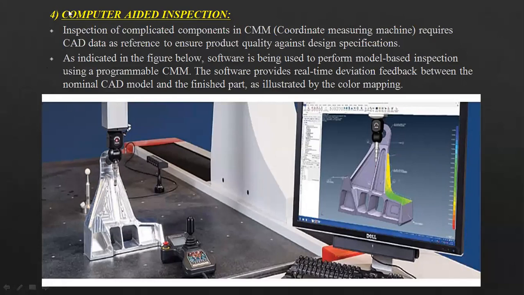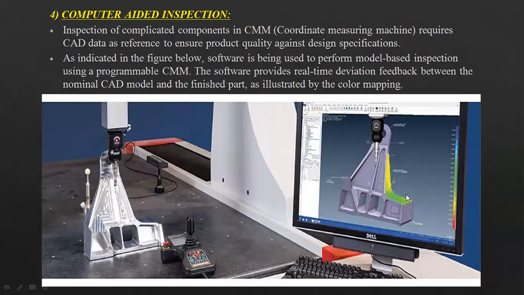Right now, because it was very obvious, that is why I asked you, because we are doing computer aided inspection, and the probe is measuring there. This measurement data is sent to the computer, and those color bands are drawn. So basically, this indicates the deviation from the CAD model. How much is it deviating? For example, you have to have this coordinate at maybe 2, 3, 4, but you have it at 2, 4, 4. So there's a deviation in the coordinate. That will be displayed as a color band.